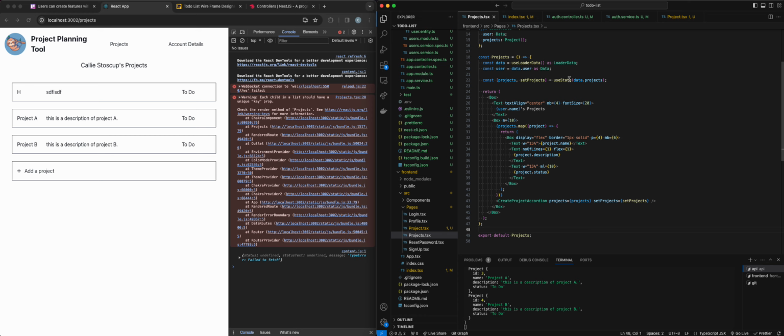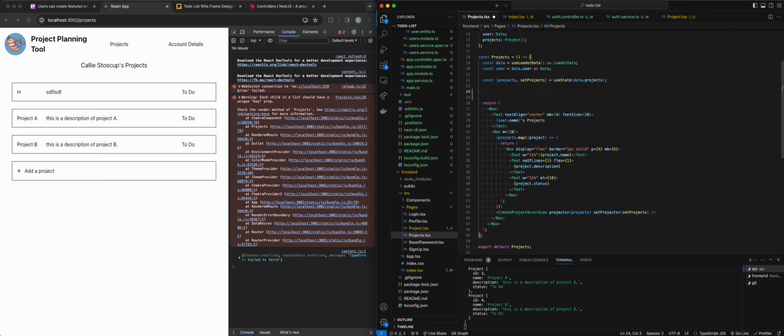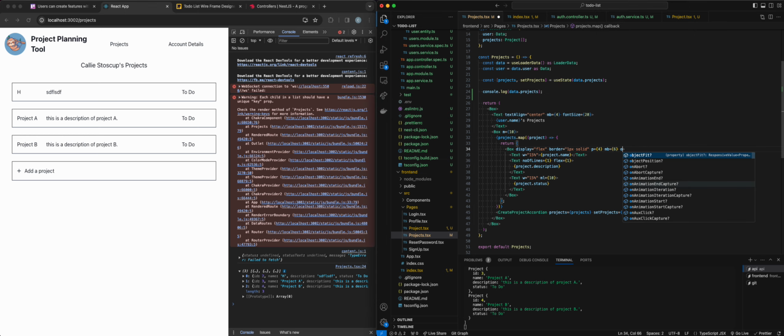So what I want to do first is console log my data.projects here, because I want to make sure I have the ID, okay? So you can see that, yeah, we have our IDs here in the projects, okay? So in this box, if I click on the box,